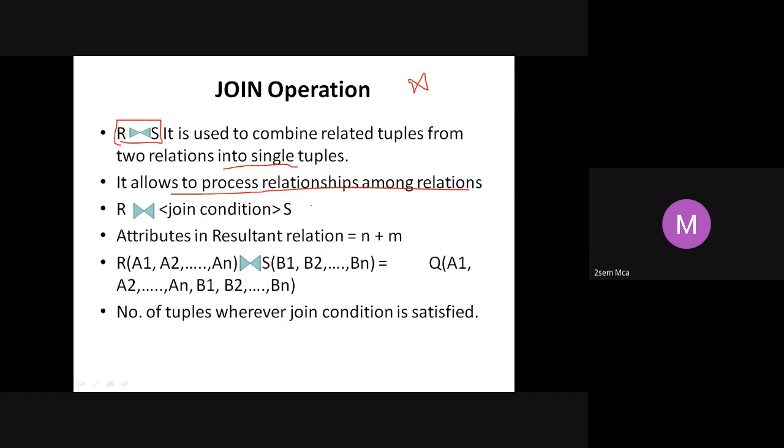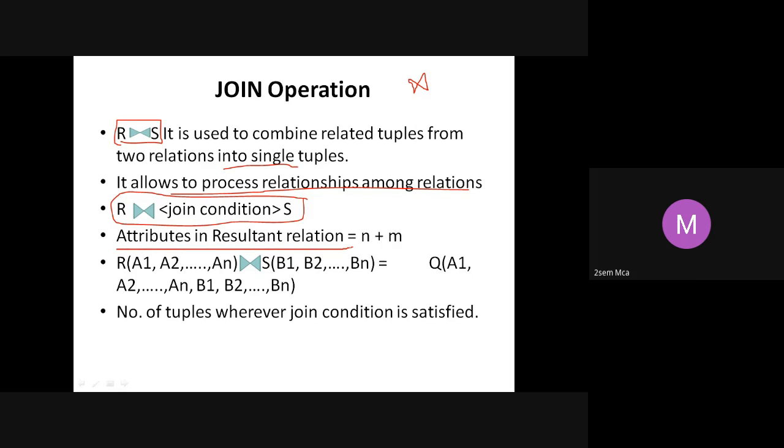How do you represent it? What is the syntax? R, then the join symbol, then you give a join condition, applied on another table called S. R and S are two different tables here. You have the join operator, that is that symbol, and then you should always have a condition. What will be the attributes when you apply a join operation?